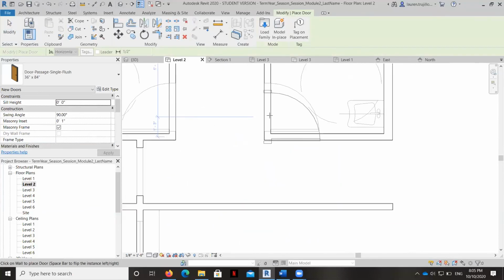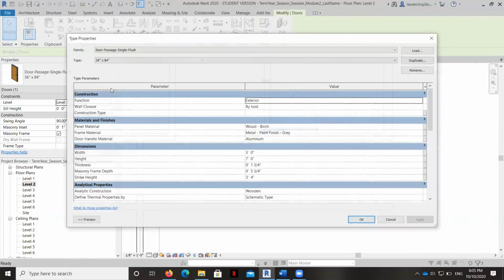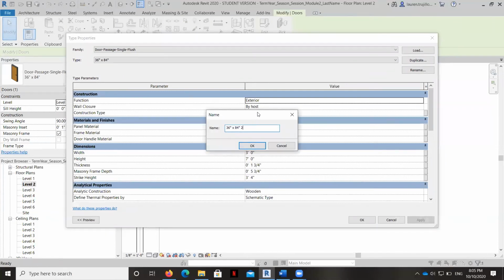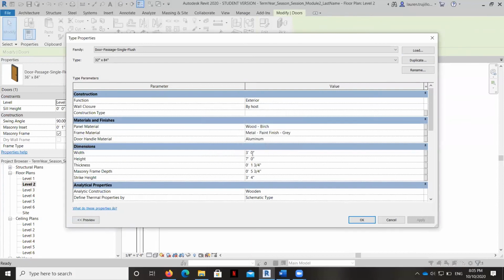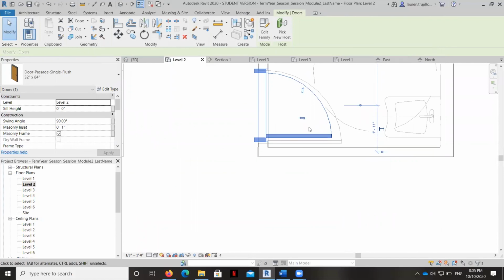Now, if you ever wanted to, for example, change the size of a door, these ones are 36 inches, but I could always change the width if I wanted to. I can pick the different width within Revit, but I could also hit edit type and I could hit duplicate. And instead of having it a 36-inch wide door, I could make it a 32-inch wide door by changing the label here. And then for width, it would just be 32 instead of what we have here, which is 36. Now, it wouldn't be code compliant, but you can see here, there's a little door.